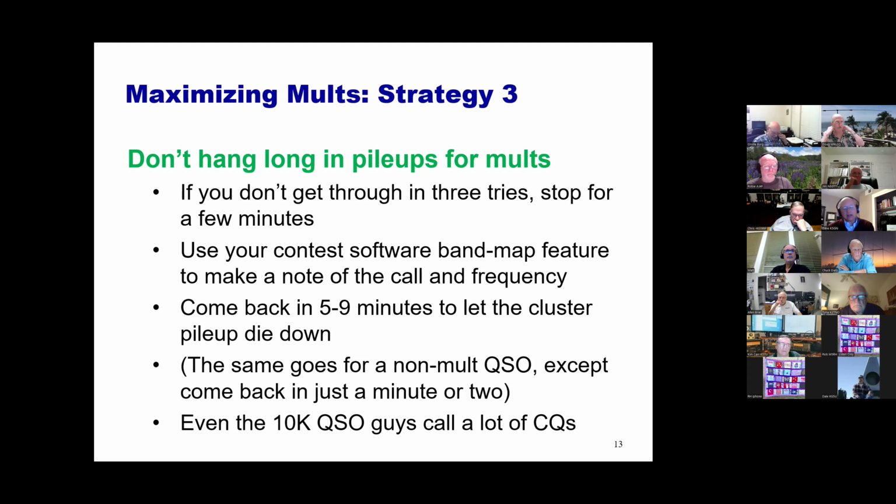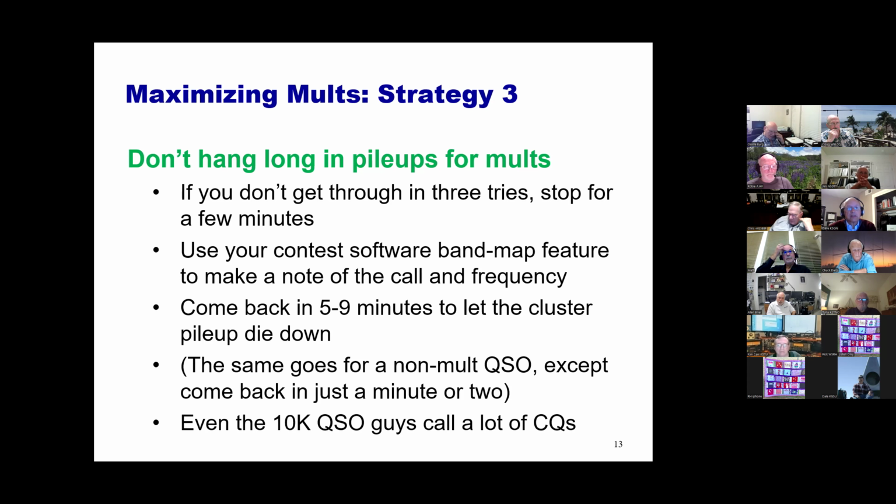Strategy number 3. And I think what you're going to find is a lot of these are, well, that makes sense. I should have thought of that, or I already knew that. But don't hang long in a pileup for a mult. If you don't get through in 2 or 3 or maybe 4 tries, stop. Go on. But when you go on, take advantage of your contest software and make a note of his frequency and call sign, because you've already found him. You don't need to go find him again. Make a note of his call and frequency, and the way they do that is with the band map, right? I think most of you are familiar with that feature of your